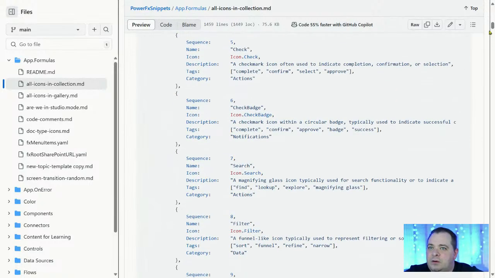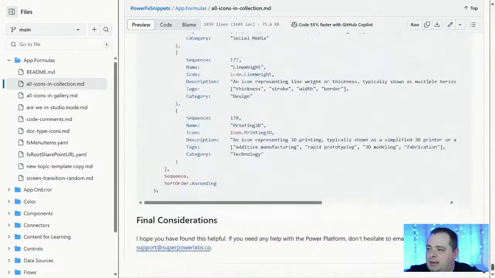And if we scroll all the way down here within GitHub, this page, you see that, did I say 148, 178? Not only that, but I used AI to create tags in here. So 3D printing, additive manufacturing, rapid prototyping, 3D modeling, fabrication. So you could display all of your icons on a screen,